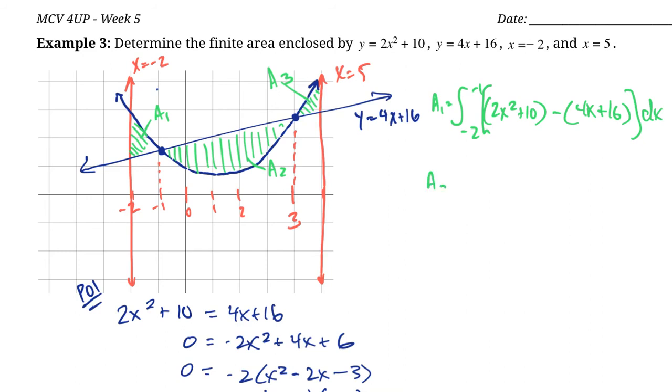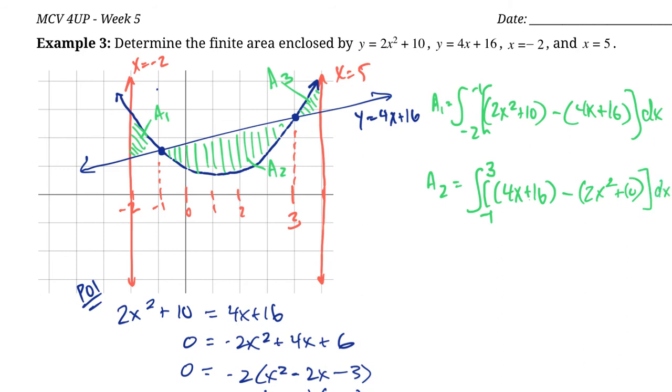And we could do the same thing for a2, except this one's going to be between negative 1 and 3, right? And it's a different function, my bad. In this case, the linear one is on top. So we need to put that one first, right? 4x plus 16, or else we'll end up subtracting from our answer, which is not what we want to do. We want to add to our answer, right? 2x squared plus 10